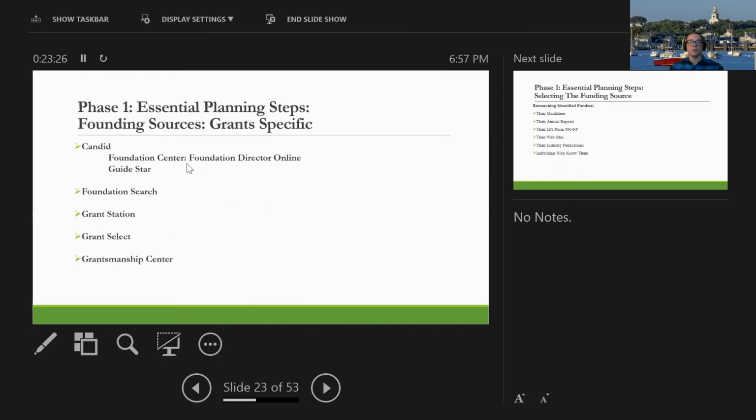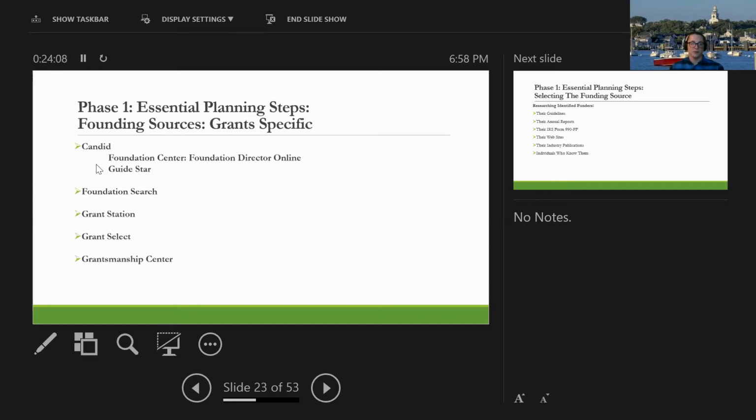If you go ahead and buy into a subscription, you can really get some next level depth in terms of analytics, who they've awarded in the past. They have already done the work for you in terms of what they will and will not award. They usually have a breakdown of board members, trustees, people of interest, contacts, people who work at the organization. They've introduced new graphic features in terms of what they call pathways. They've given to an organization that's sort of in your field that flows directly into you. So a follow the money approach.